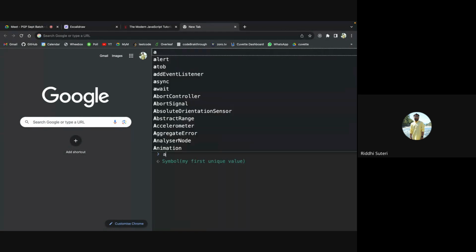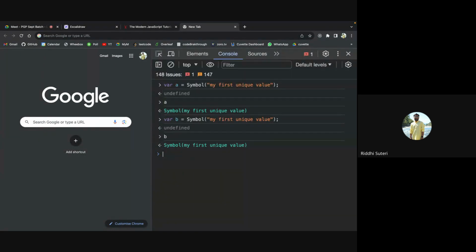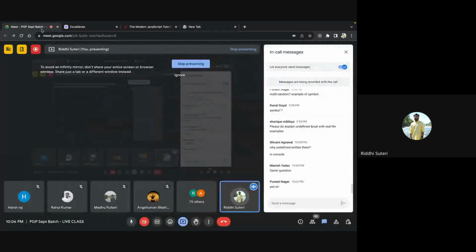But when I try to compare both of them by saying a equals b, you'll see we are receiving false. You might think of using triple equals, but still it will receive false. Why? Because although we have given the exact same values, both of them will never be the same. Any instance of symbol that you use will always yield a unique and immutable value to you.